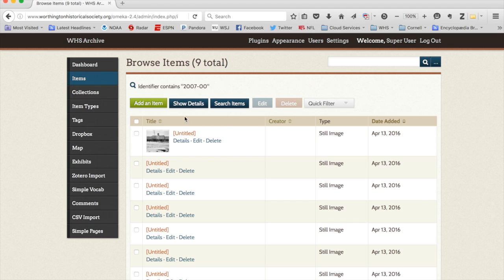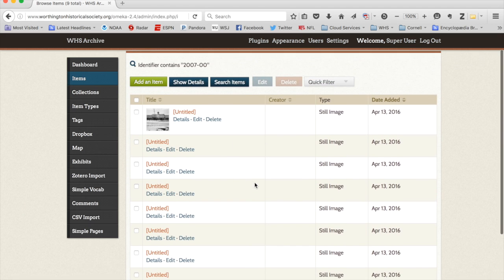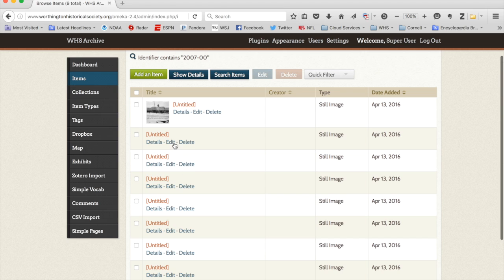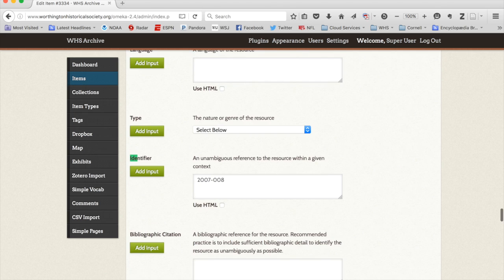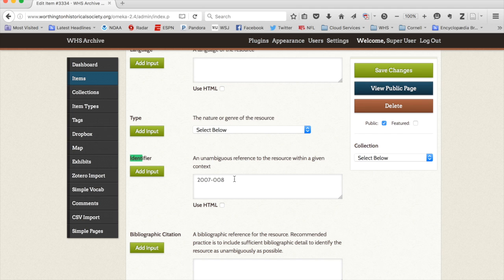At this point, I can see that I've already put in one of them. It already very obviously has an asset attached to it, but none of the others do. So I will arbitrarily pick the first one I see here on the list, Edit. And at this point, I have no idea what our identifier is for that. So I'll go Command F in Firefox, IDENT, and I can see the identifier is